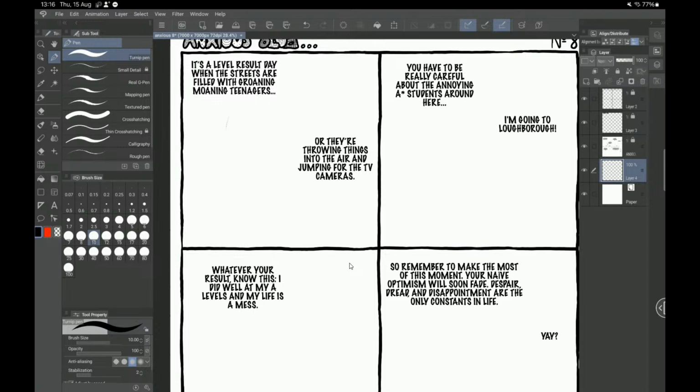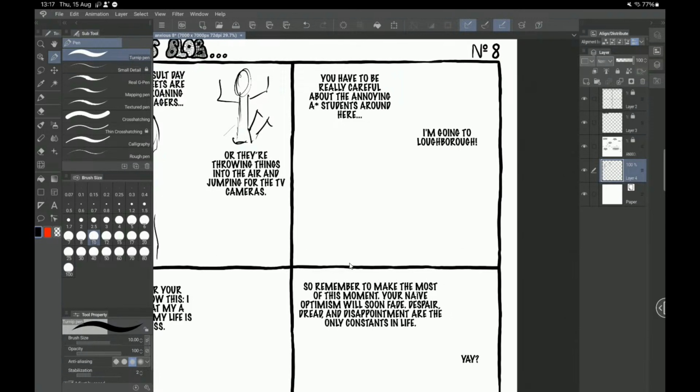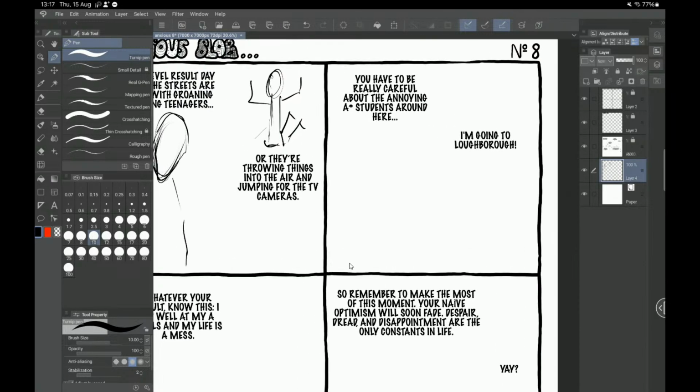Blocking my character, so the main character's going to be here, probably walking in this direction. I've got to open my tablet again because back in, they're throwing things into the air, jumping with the TV cameras. Yes, I'm probably going to have a character jumping in the air. It's one of those things on A-level results day that there's always some kid who's got about 12 A-star A-levels, and they always have them on the news jumping in the air and living an idyllic life. I'm going to have him